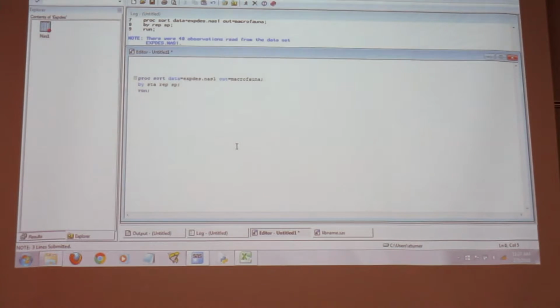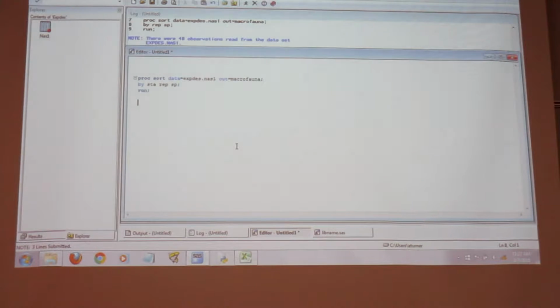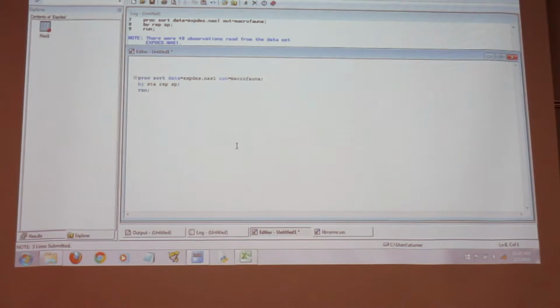All right, so now that we're sorted, I want to run a means, okay? A means essentially collapses these records together. It'll do what we did over here and take all the replicates, and now I only want one record, one row, per replicate, okay? So I want to know the number.